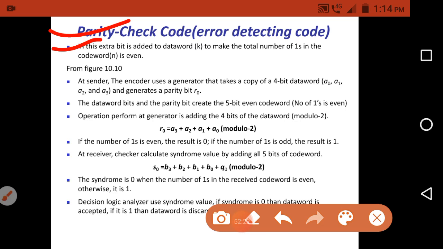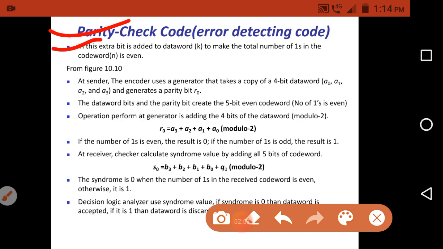Whatever the data word is, we need to add some extra bit, so that after adding it the number of ones is even, and that we call a code word. As already told, n equals k plus r. k is the actual data size, and r is the extra bit. You need to add the extra bit to the data word in such a way that it creates an even code word. Even code word means the number of ones present in the code word should be even.